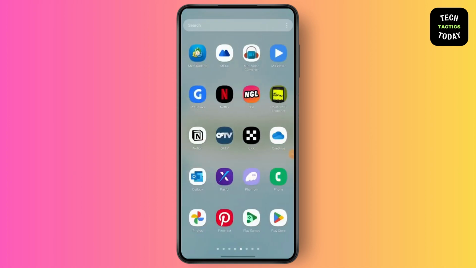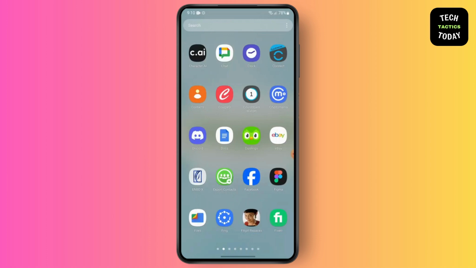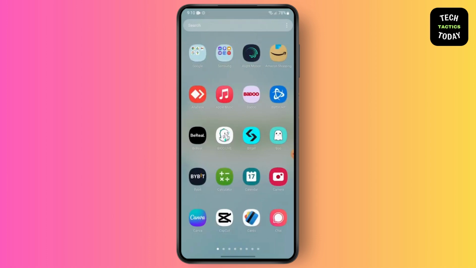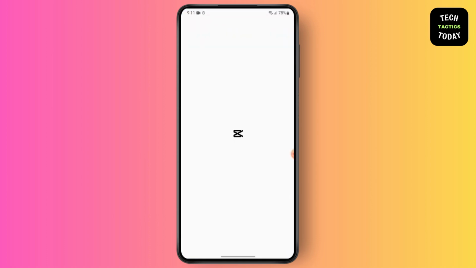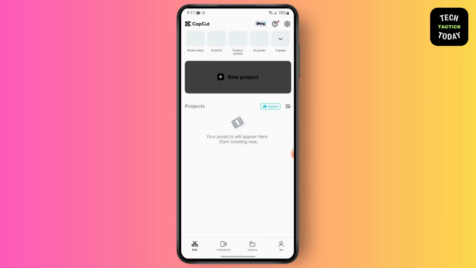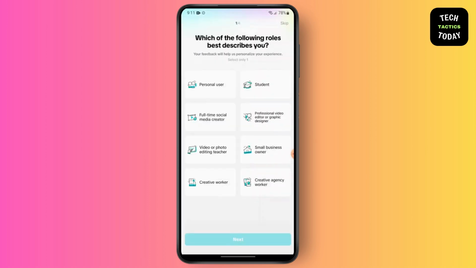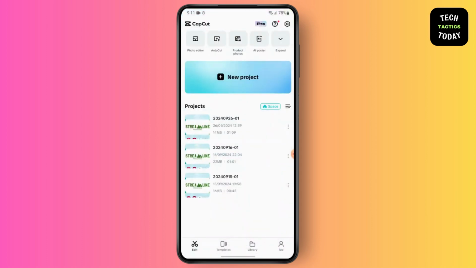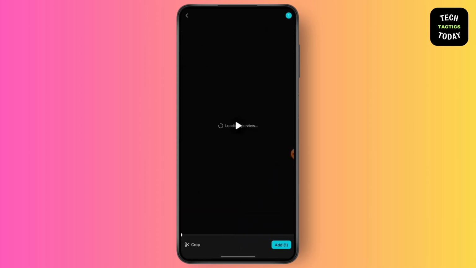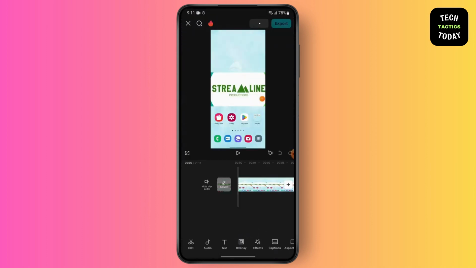So first, open your CapCut application. In this video, we're going to learn how. Then go to new project. Select a project. Add it. After that,